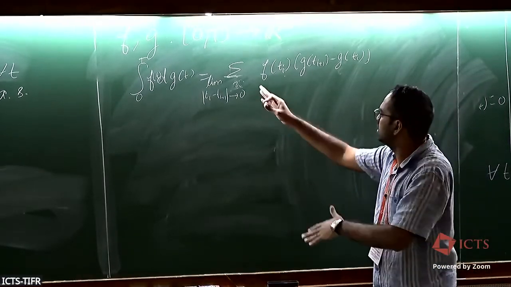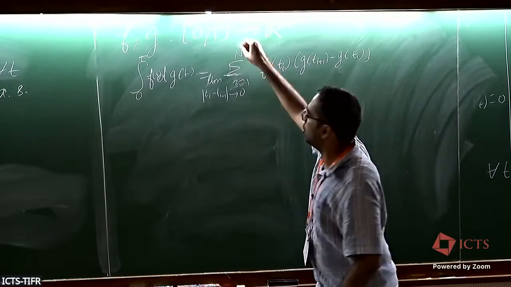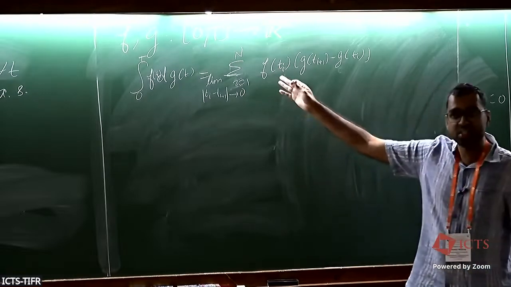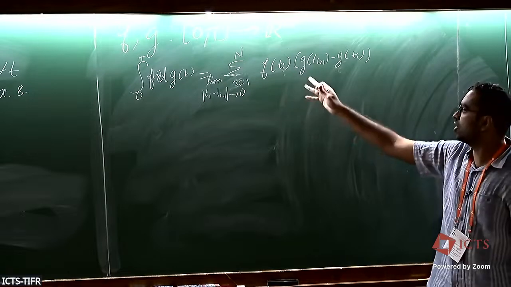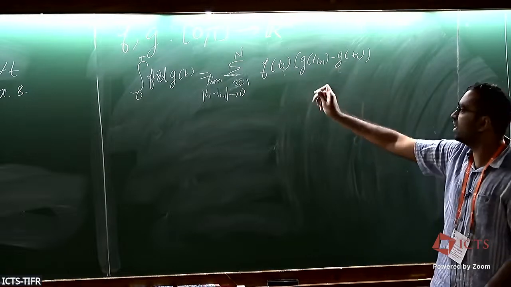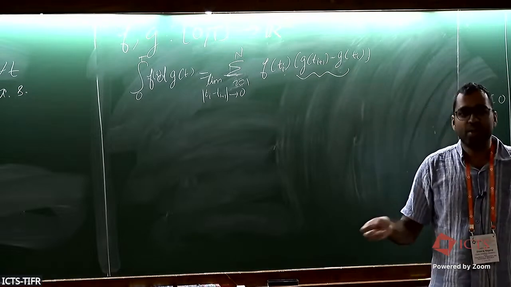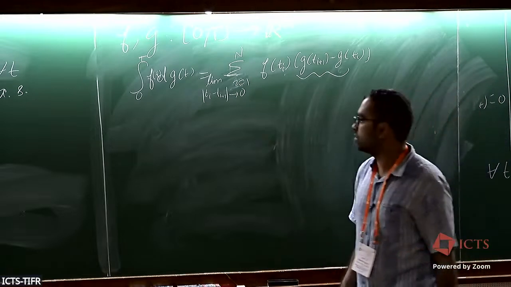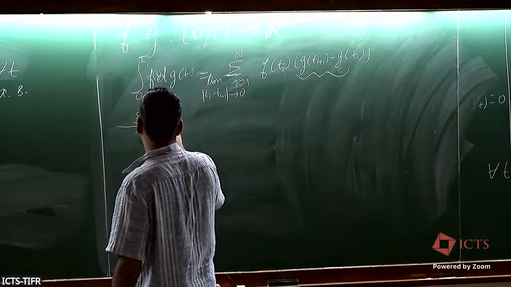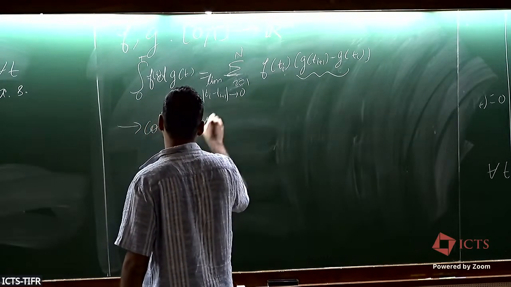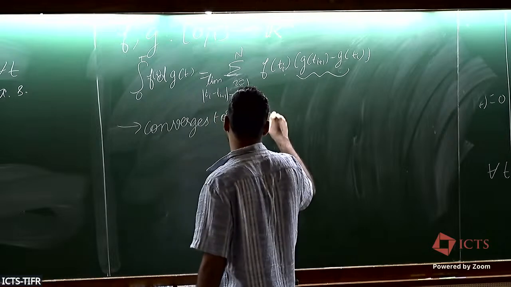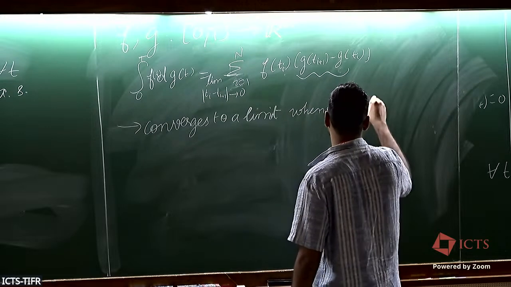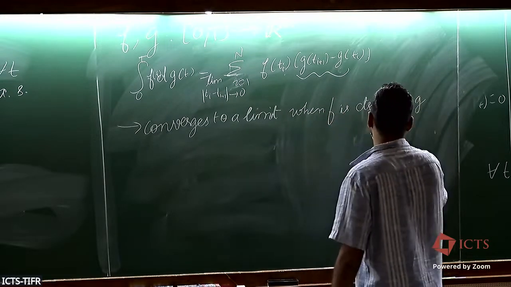So basically you take the set of all times i equals 1 to n, you take n tends to infinity so that the grid size tends to 0, and if this limit exists, then it is defined to be the integral. Now instead of t_{i+1} minus t_i, I wrote g(t_{i+1}) minus g(t_i). So this converges under certain conditions. Under what condition does it converge? It converges to a limit when f is continuous and g has finite variation.